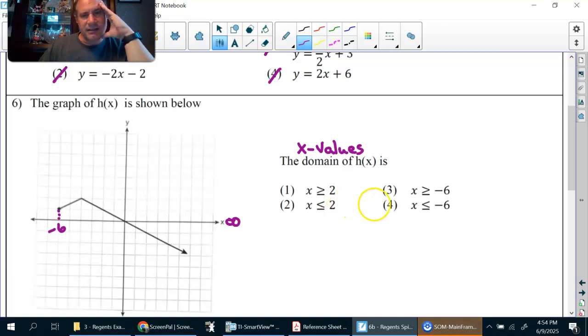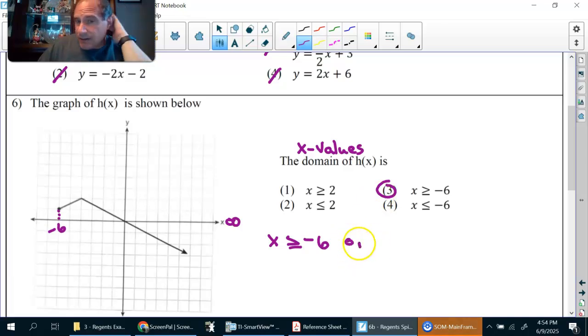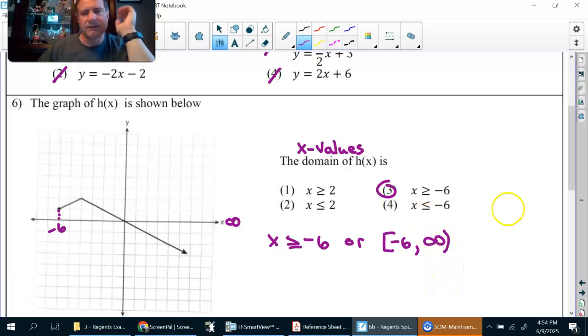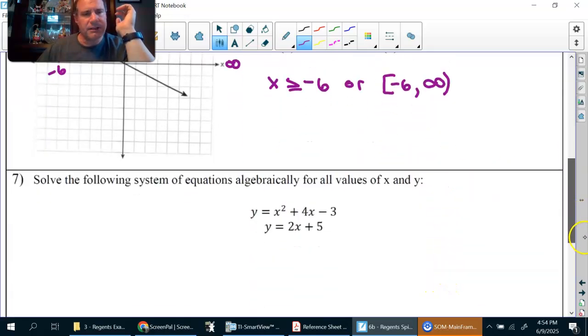So x is greater than or equal to negative 6. Or you could write it like this. It's bracket, in interval notation, negative 6 and positive infinity, parenthesis. All right, but they didn't. They put it in